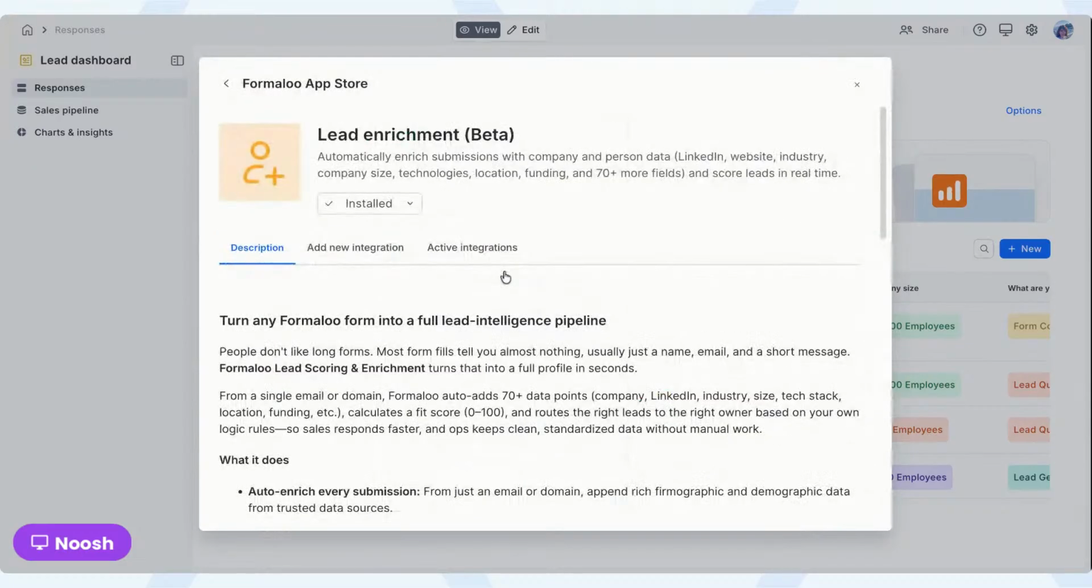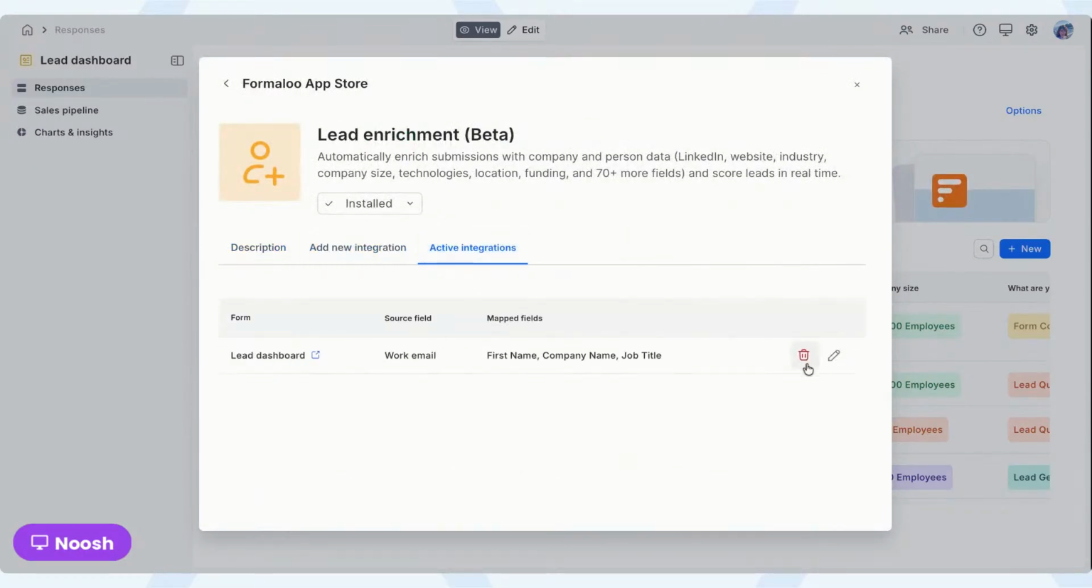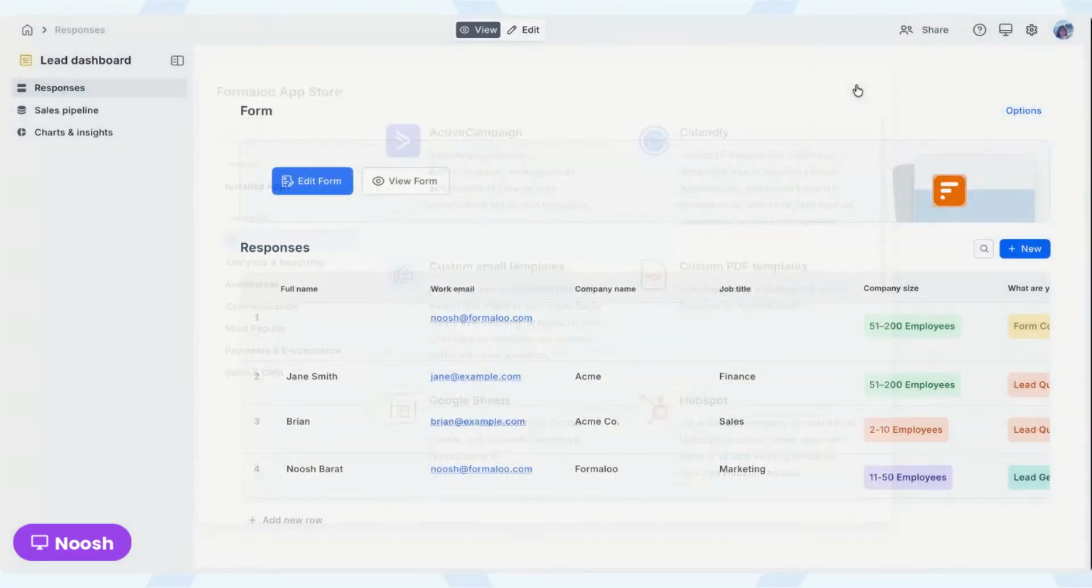So basically it looks for more data and fills out those forms automatically. So if the user doesn't submit those, they will be there. It takes about 3 to 5 minutes to enrich based on the lead itself. But before that, I want to show you some